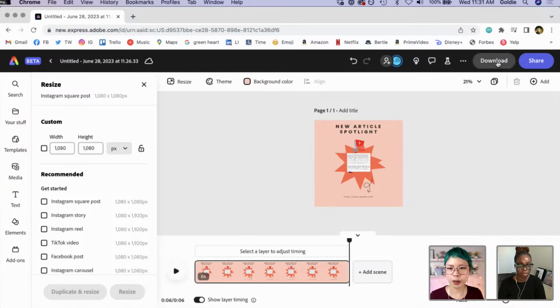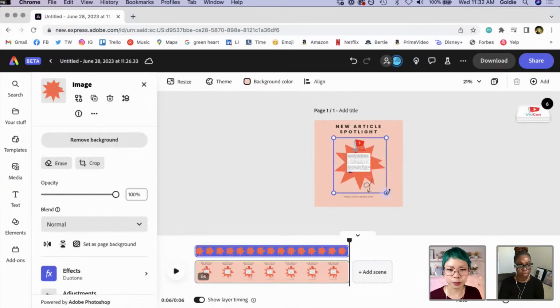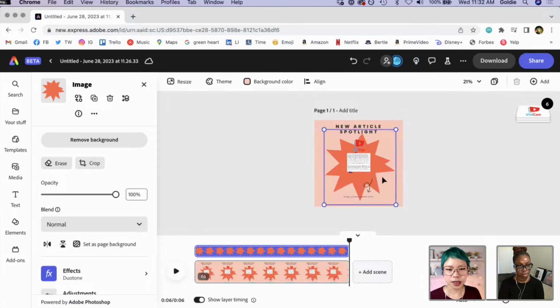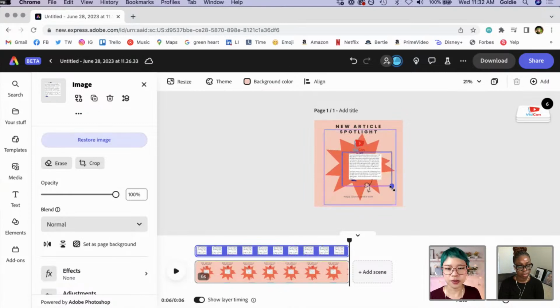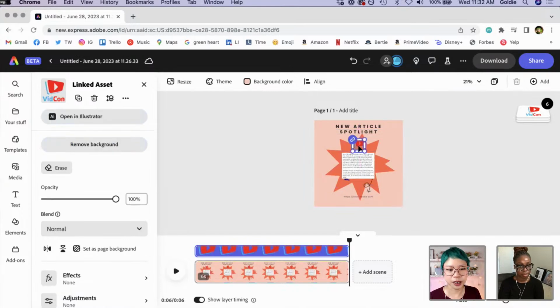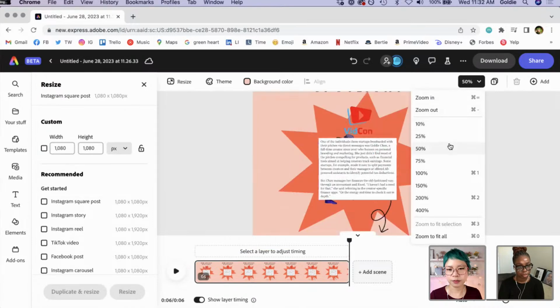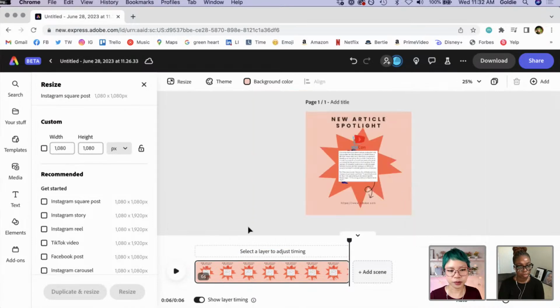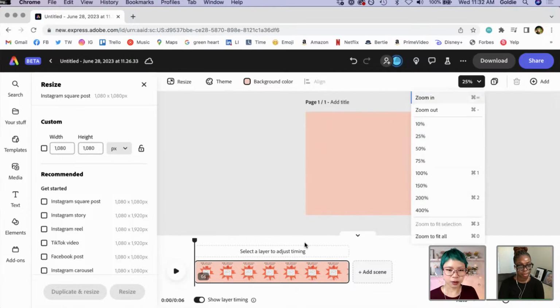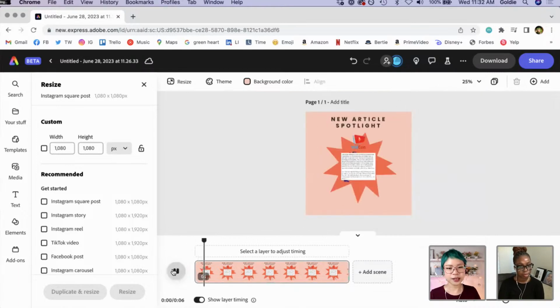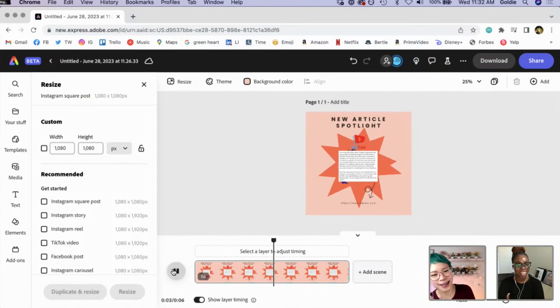I'm going to play around with it and make it a little bit more aesthetically pleasing for our in-feed post. And a lot of this is, as you can see, the easiest thing to do in the world, because all I'm doing is just resizing everything to be slightly bigger. We have our cool linked elements. And now we're going to get in a little closer. Get in 25% so we can still see everything happening. And we're gonna play through this. There we go. Ta-da! Yay!